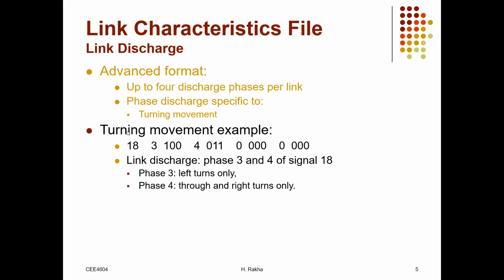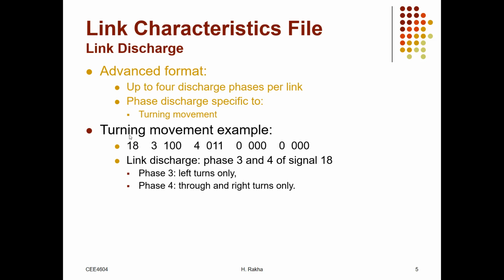So if you make the number of entries in your link file negative instead of positive, so we said there were 10 links in my file. If I make it negative 10 instead of 10, integration will automatically recognize that this file is going to be in the advanced format. And it's going to be expecting that you're going to have additional entries in your link file, which are the ones here, which basically show